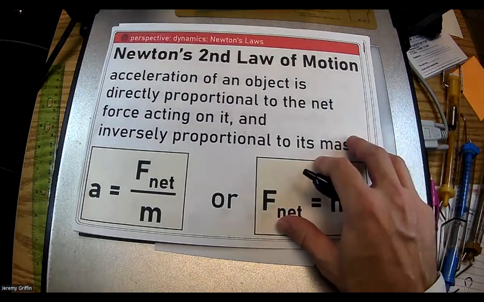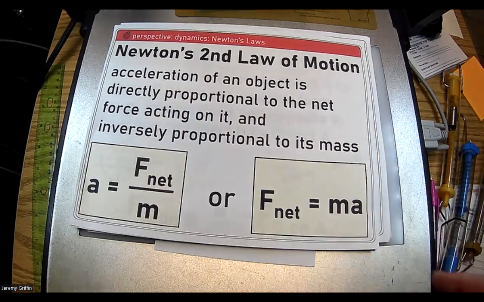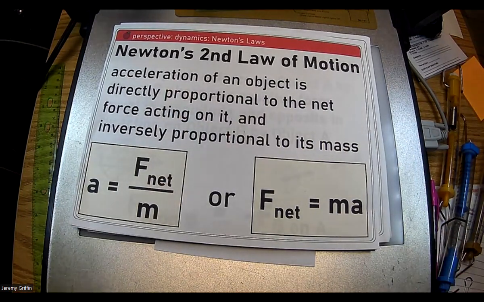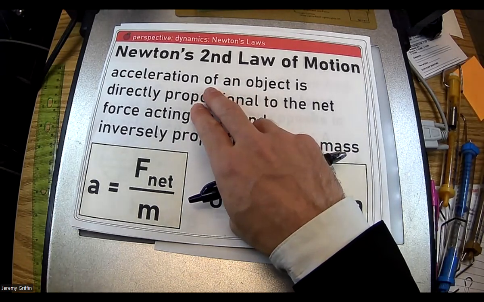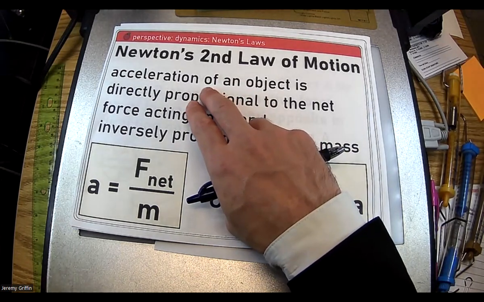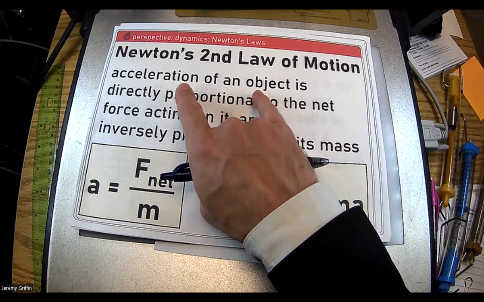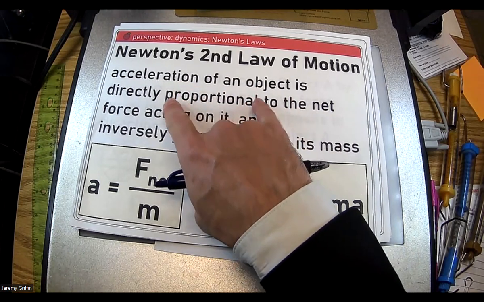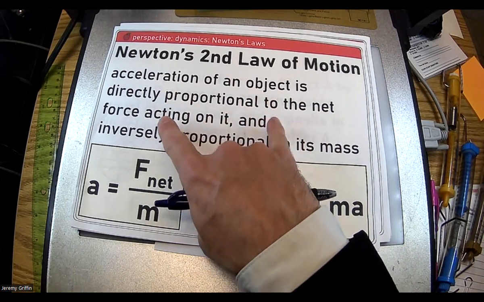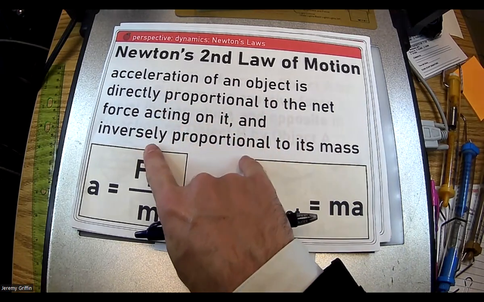Second law of motion: where do accelerations come from? Because you guys know what acceleration is. It's something to do with a rate of change in velocity, right? Which might be speeding up or slowing down. And a few weeks from now, we'll get to turning, changing direction. But what is the magnitude of that acceleration? It's directly proportional to the net force acting on it, but also inversely proportional to